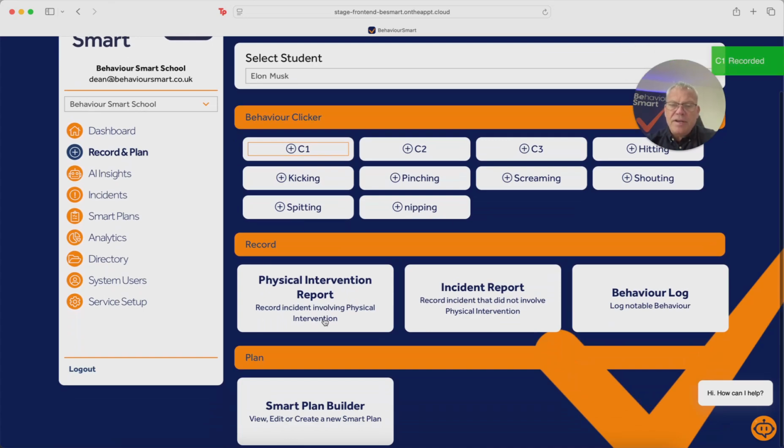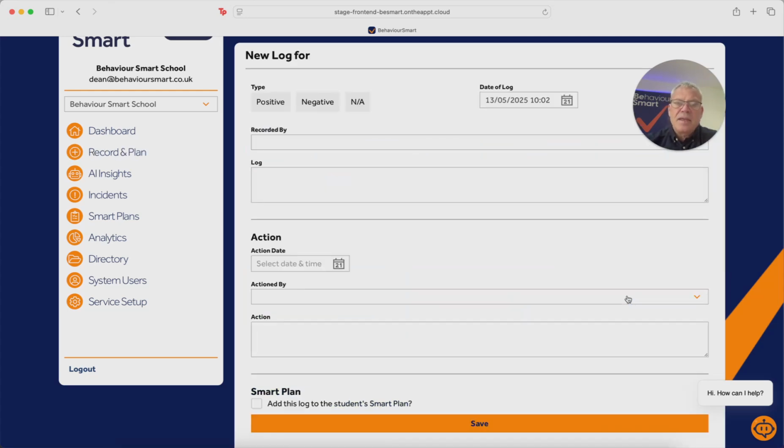When we look at recording incidents, there are now 3 different ways to record incidents. We've got a behavior log. This records positive and negative behavior. We've got an incident report for low-level incidents that did not include physical intervention, and then we've got our physical intervention incident report. So we're going to start off by looking at the behavior log,